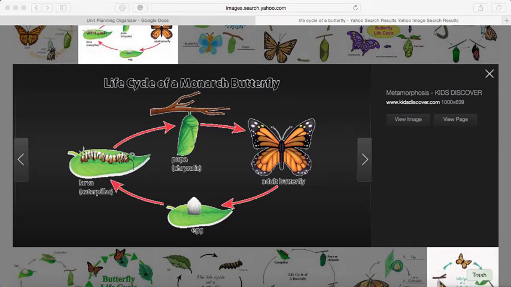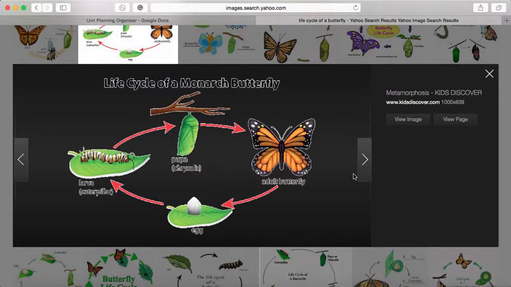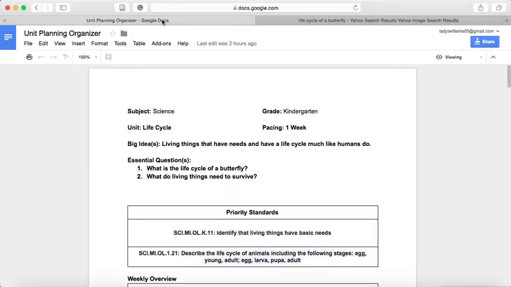I am a Master's in Educational Leadership student at Cornerstone University. And this is my presentation on my unit planning guide. This one is going to focus on the life cycle of the butterfly. And I have a planning organizer that I have put together